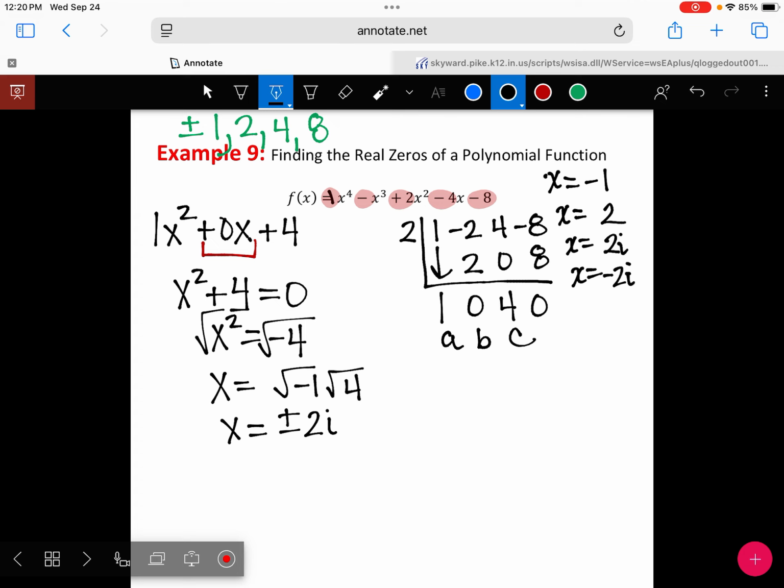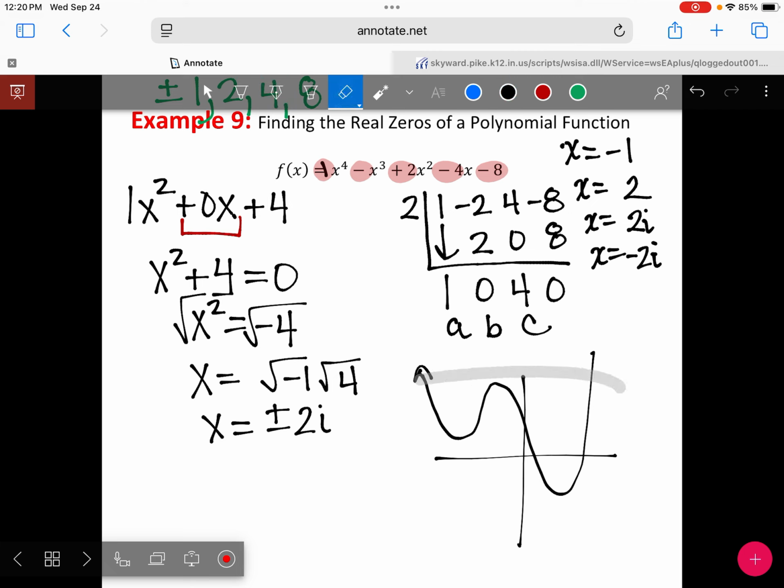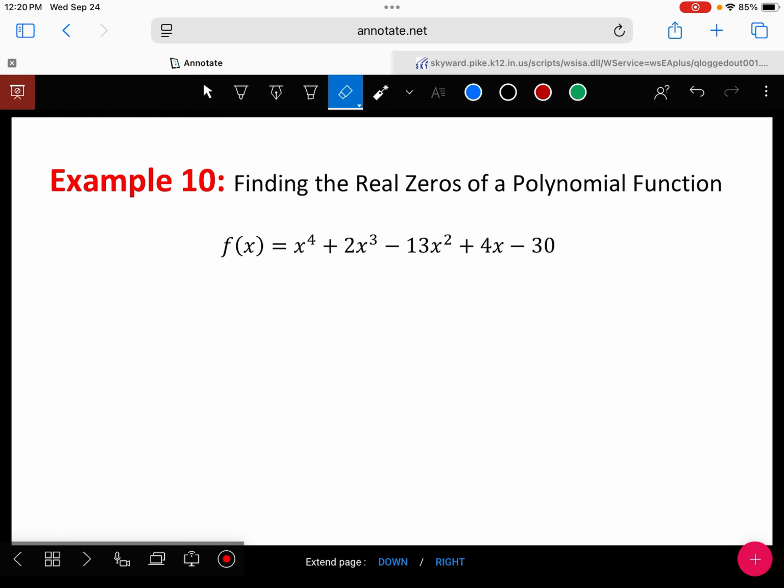And that's all 4. So this 4th degree is not going to cross, it's only going to cross 2 different places. So, okay. Any questions? Okay, I'm going to put the next one up, and I want you to find the first